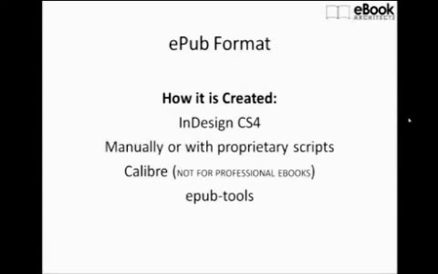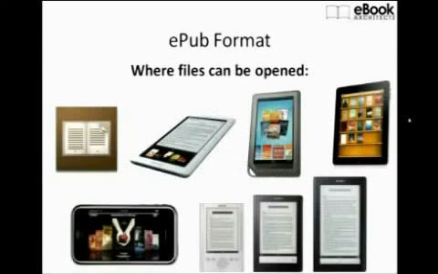There's also a bunch of other tools and capabilities out there. There's one set of tools called EPUB tools, which is a bunch of Python scripts that will convert from XML formats like DocBook into EPUB. So if you're a techie and you know what all that meant, then you can go find EPUB tools on Google Code.